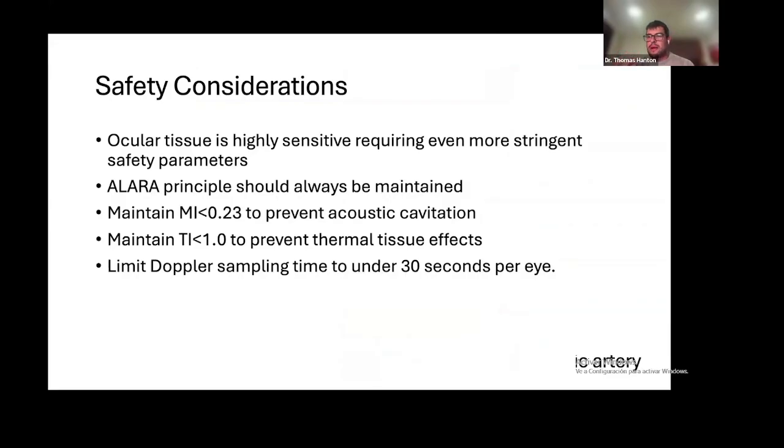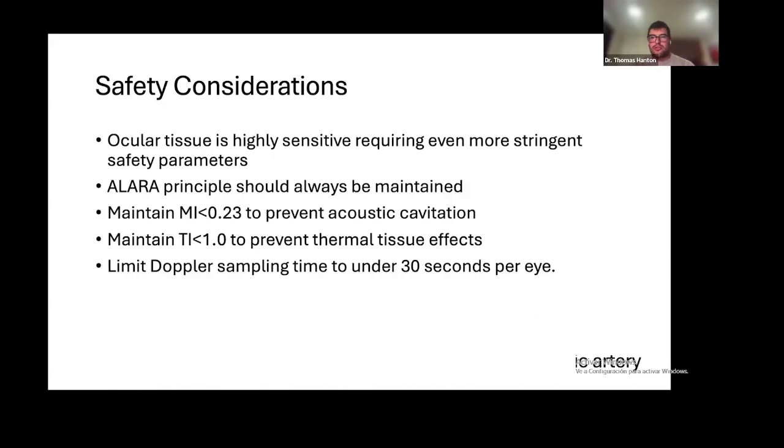With eye tissue, it would be pretty problematic if you were to cause mechanical cavitation within the eye. And of course, the ALARA principle should always be maintained, so as low as reasonably achievable, minimizing your power and minimizing your time to capture